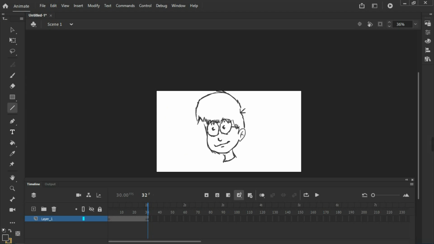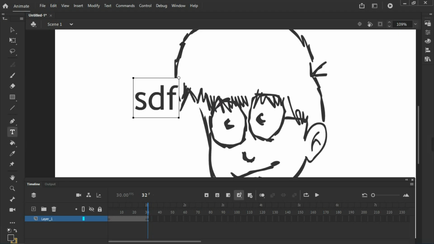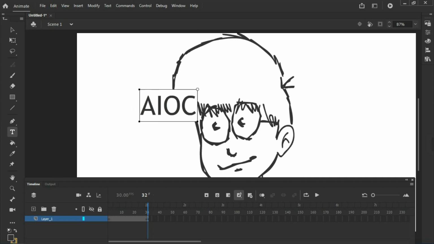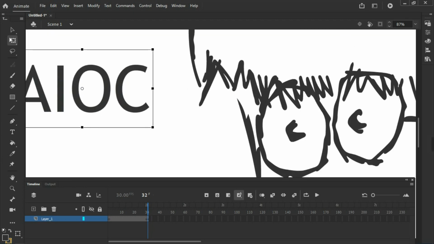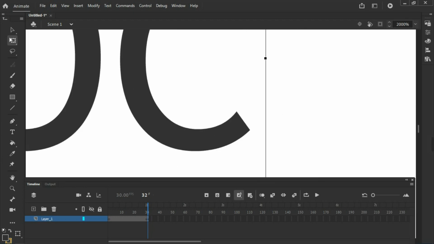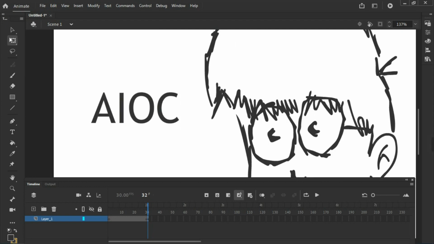The next one is the text tool. Obviously, you can write any text you want. For example, let's say I want to write a house in my animation, so you can do it from here. And this is nothing but the vector tool. For example, if I choose this and zoom it, it will not give me any pixel because it's not made from pixel, it's a vector image.